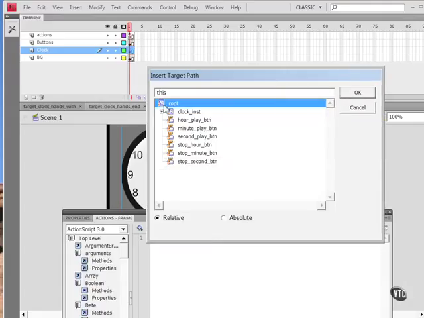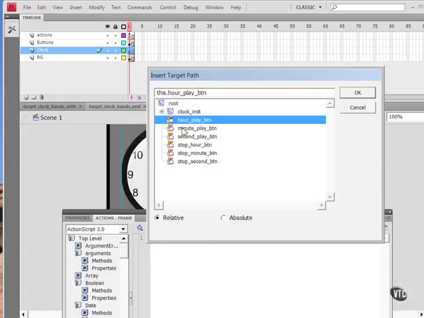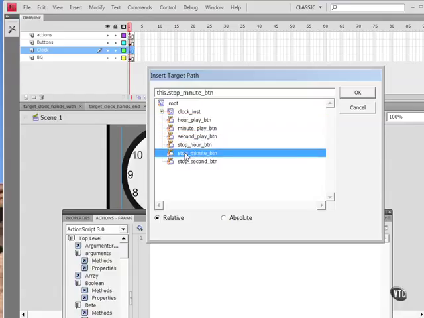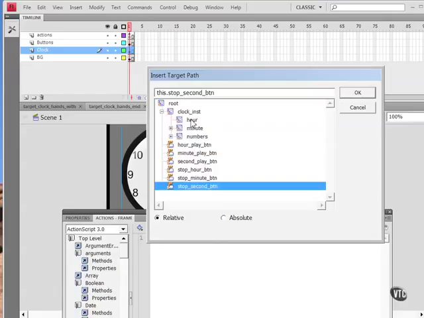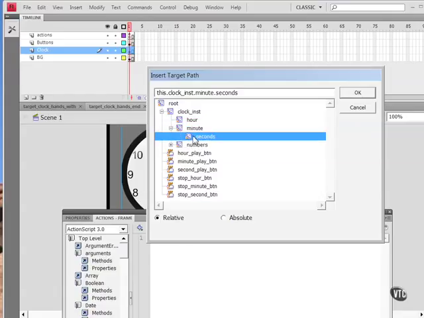Notice that I have my root timeline with that movie clip there, and then inside of that I have my clock timeline. Then I have a bunch of buttons: hour play, minute play, second play, as well as the stop hour, stop minute, and stop second. Notice there's a little plus sign right there. In the clock instance are three other movie clips here: hour, minute, and then the numbers. Inside the minute movie clip is another one, the seconds movie clip. So that gives you a really good indication of the hierarchy and the organization of the various timelines in this